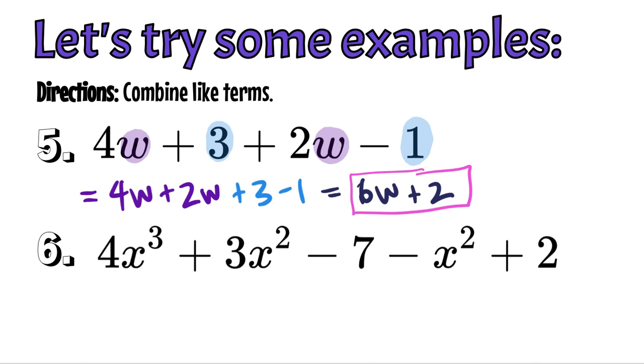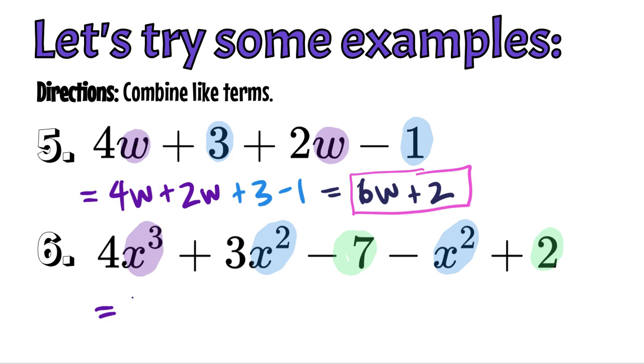In the next example, I see that I have x cubed in our first term. I have x squared in our second term. And I have a constant in our third term. I have an x squared in our fourth term. And I have another constant in our fifth term. So we see that we can combine